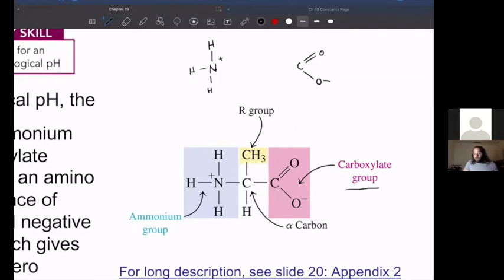If you're being asked to draw an amino acid at physiological pH, you want to make sure to not draw the carboxylic acid form, but the carboxylate form, and to not draw an amine group, but an ammonium group. Okay. And this particular one, and we'll talk a little bit more about these R groups in a second, but remember, these R groups are what differentiate the amino acids. This is just a methyl group. This is one of the simpler amino acids. Okay, but anyways, this is something that's really, really important to keep in mind, all right? The fact that you actually have an ammonium carboxylate, not really an amino acid. So that name's kind of a misnomer.